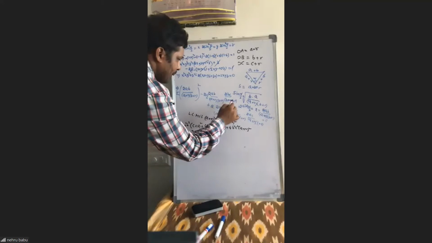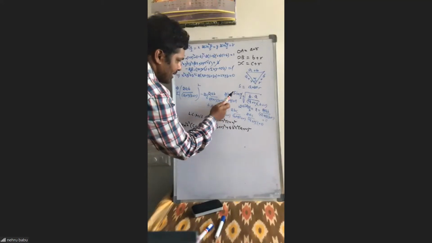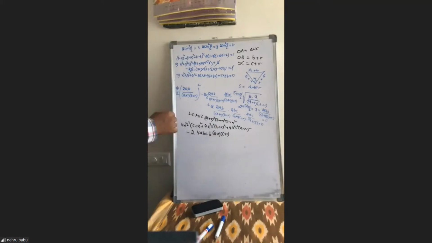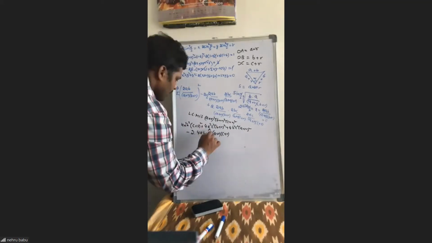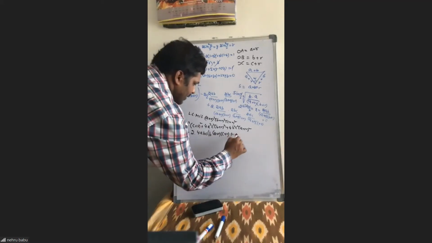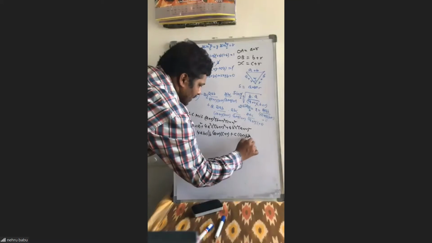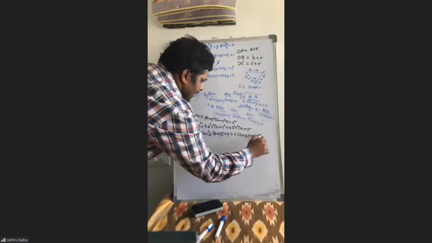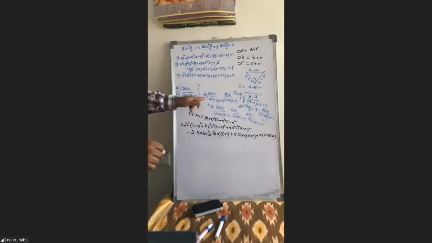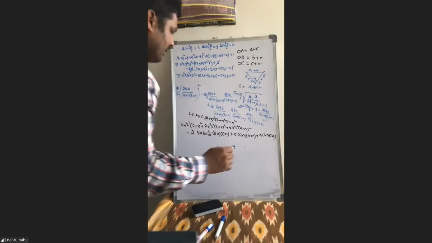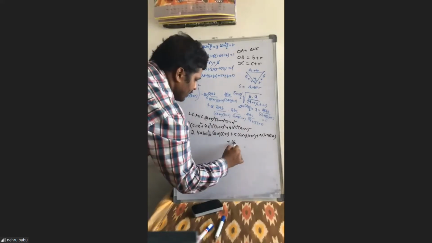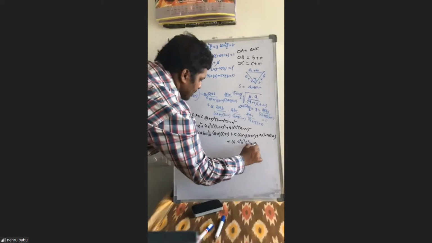So here (b plus r) square is there, only (a plus r) into (c plus r) is missing. So if we expand sigma, we get 4abc into [b into (a plus r) into (c plus r), c into (a plus r) into (b plus r), plus a into (b plus r) into (c plus r)]. This is the second term of this. Plus the last term, 16a square b square c square.